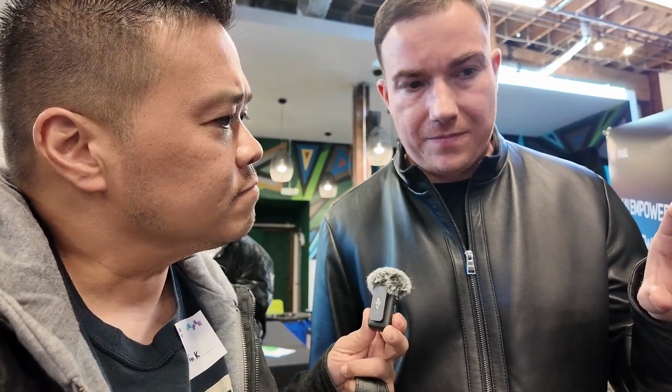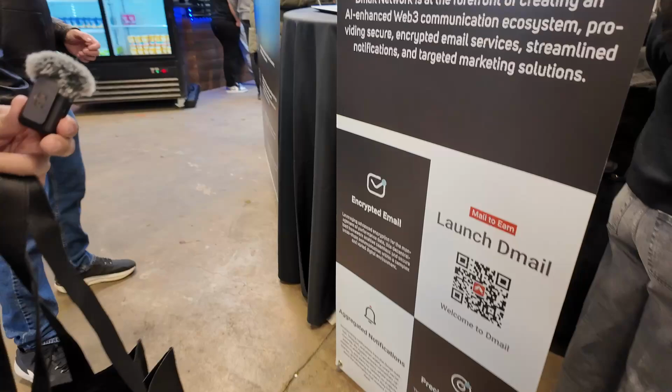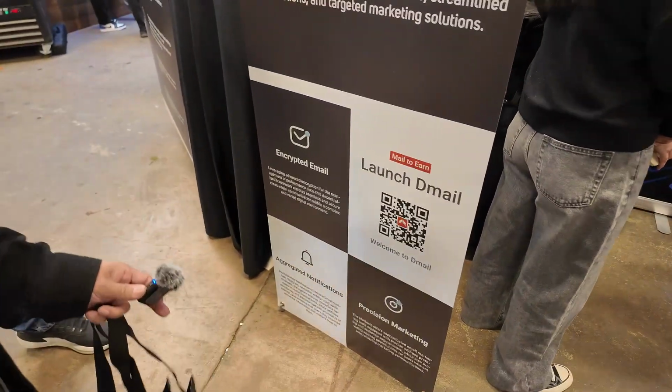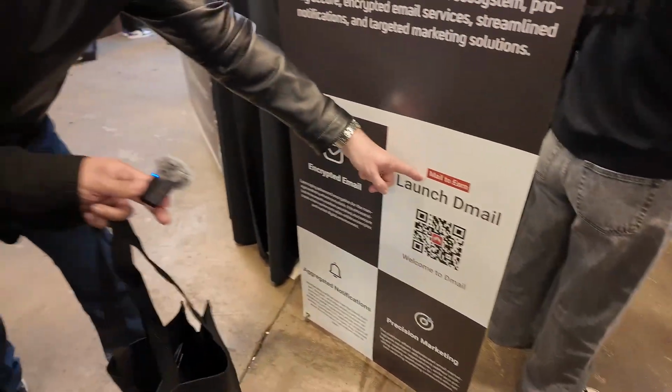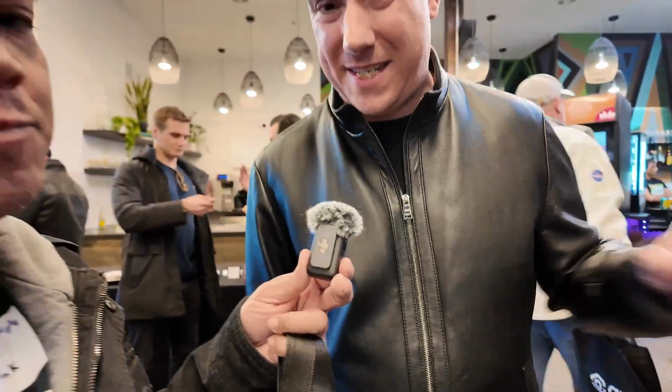As well as the tokenized rewards, I'll just add one more thing. As well as season 2 of the airdrop, what you'll also have is mail to earn. It's here somewhere. I think I see it down... Oh no, that's encrypted. Mail to earn. So basically, what mail to earn means is it's a sustainable model for user empowerment where you